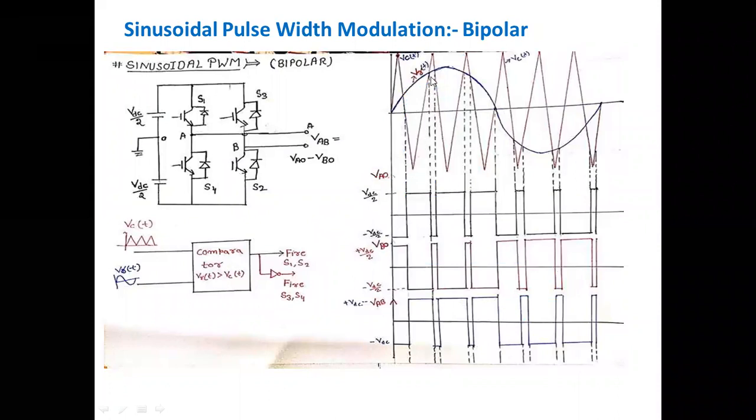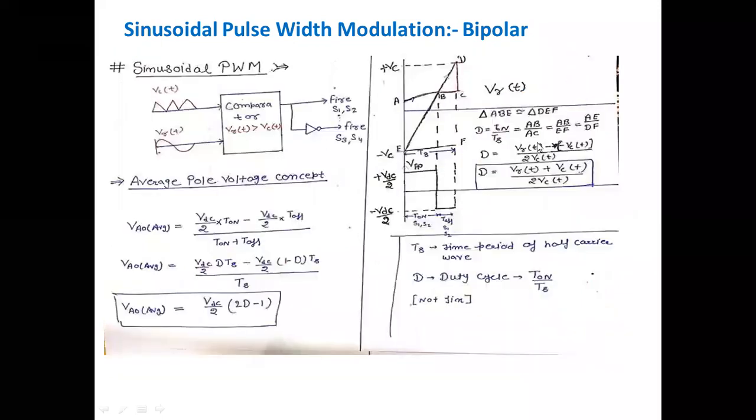For this cycle, the time period, this is the complete cycle. If I talk about AE, what is AE here? This is your AE. So what we can write for AE here is VRT minus of minus VCT. So here I write this, that T on AE is equal to VRT minus of minus VCT.